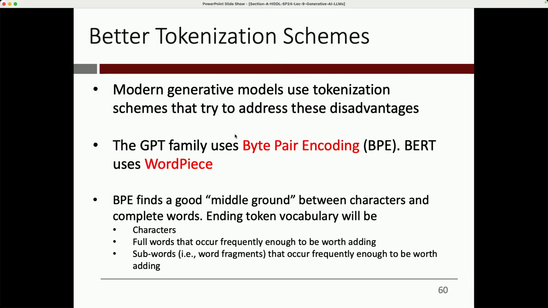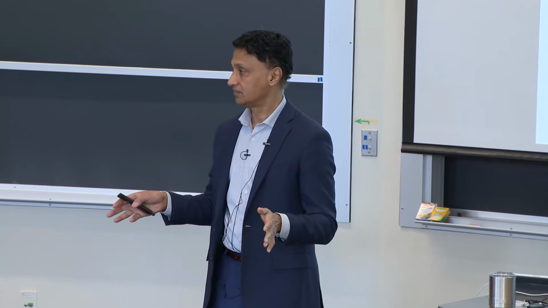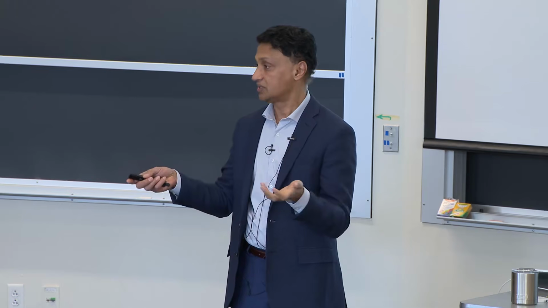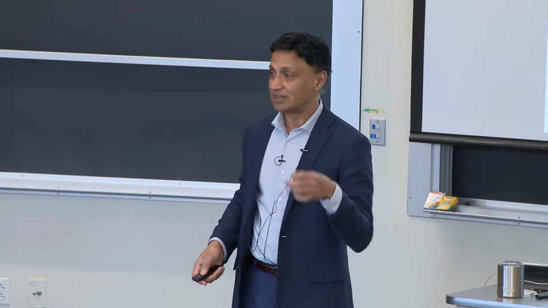In all of these ways of encoding, the fundamental idea is to say, whatever language you're working with, why don't we start first of all with all the individual characters? Because if you could work with individual characters, you can clearly compose any word that comes up. Reldo is just R-E-L-D-O, 5 tokens if you're working at the character level. But working only with characters is not great, because you're giving the model no information about the word. It has to learn every word from scratch, what the word means and so on.